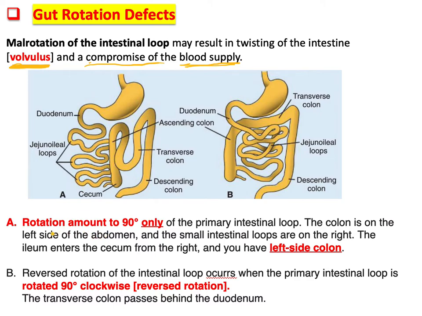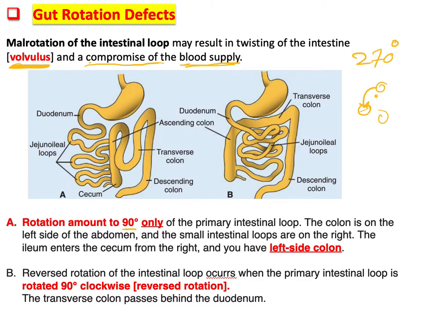Also, we know that normally the midgut should rotate 270 degrees, but if the rotation is just 90 degrees,